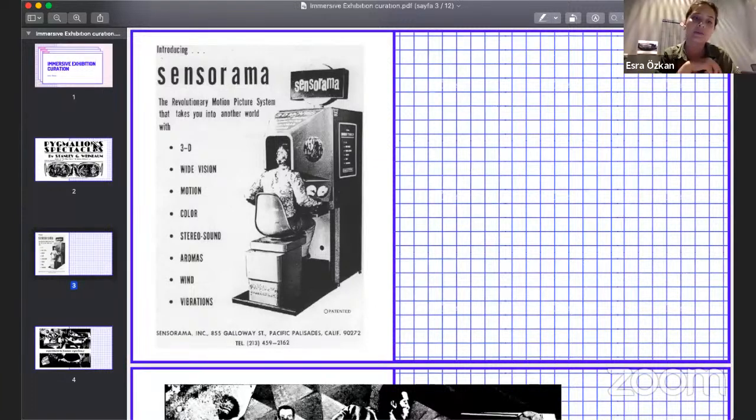So it built a multisensory simulator. And by 1968, the VR model that has come to today was made for the first time, taking classic storytelling and performing arts to another dimension.